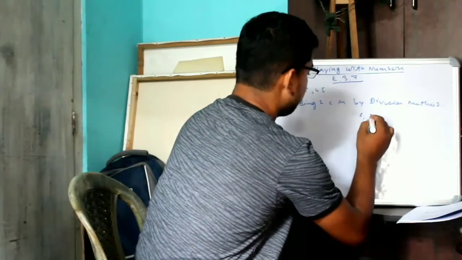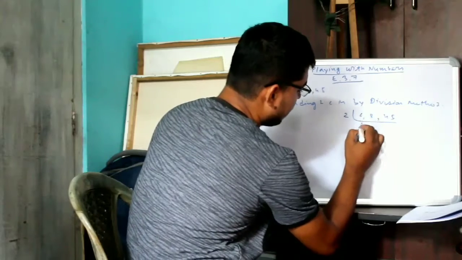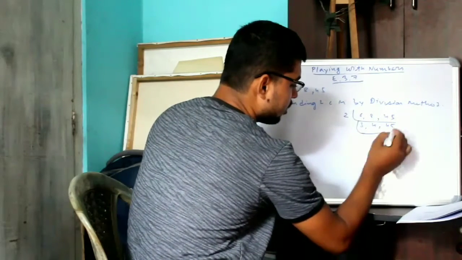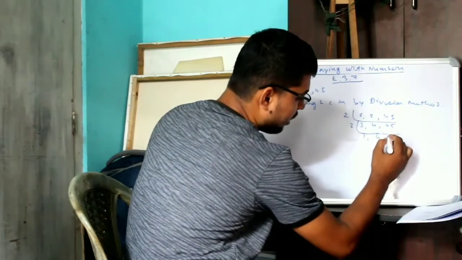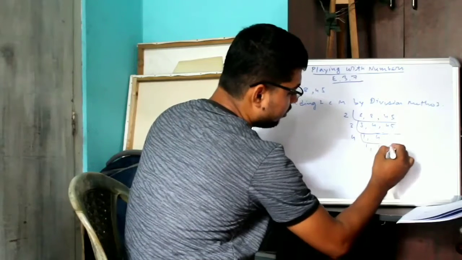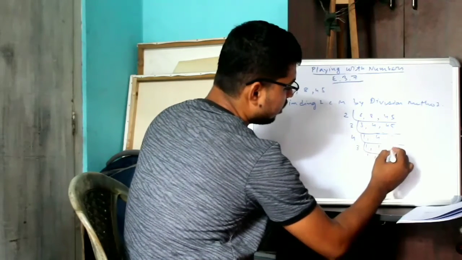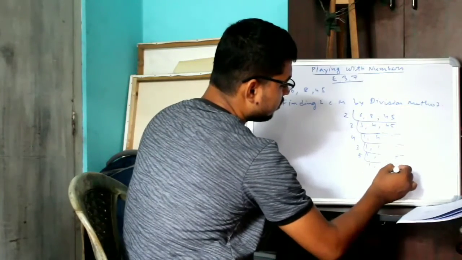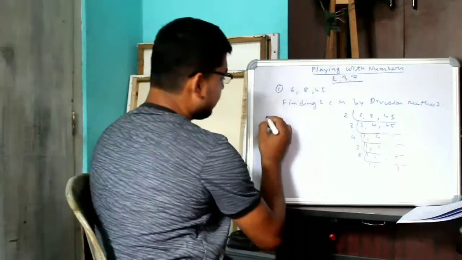Now divide by 2: 3 and 4, and 45 is not divisible, so 45 is 45. Then divide by 3: 1, 4 is not divisible, 45 is 15. Here 4, 1, 15 is 15. Here 3 again: 1, 1, 5. Then 5: 1, 1, 1. So now